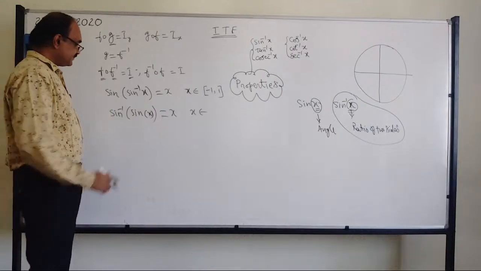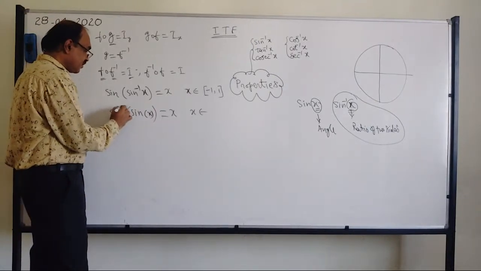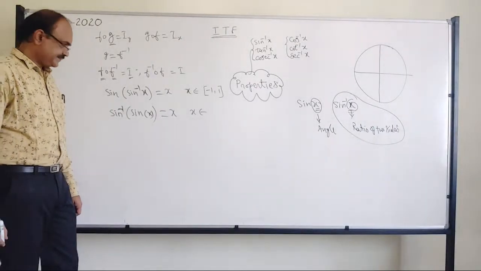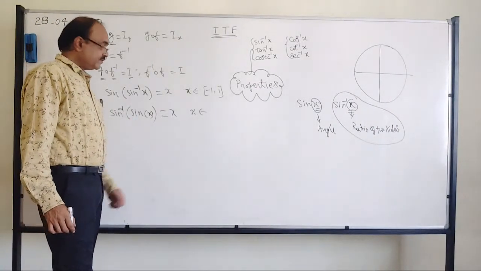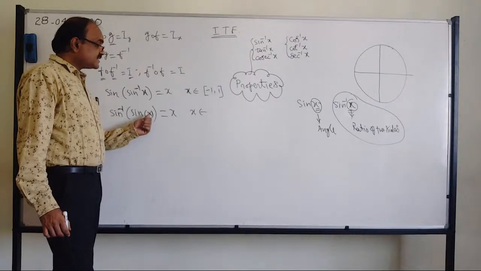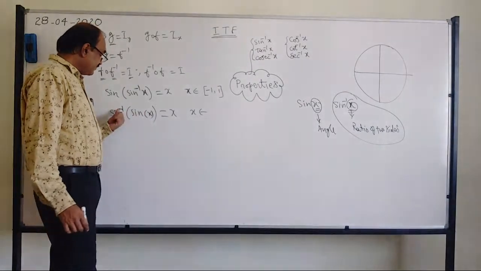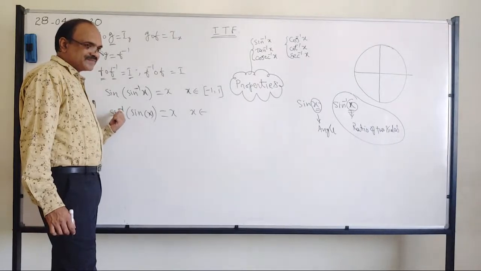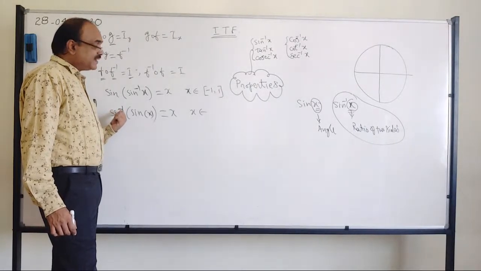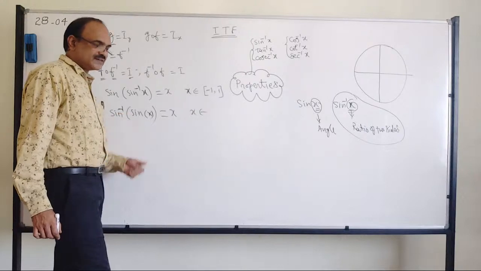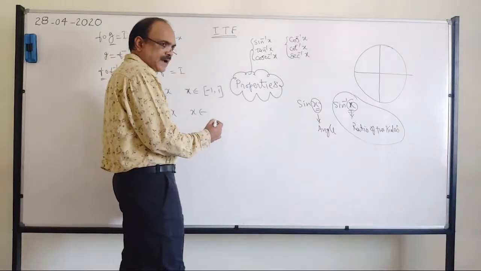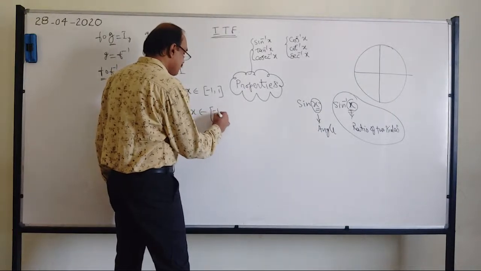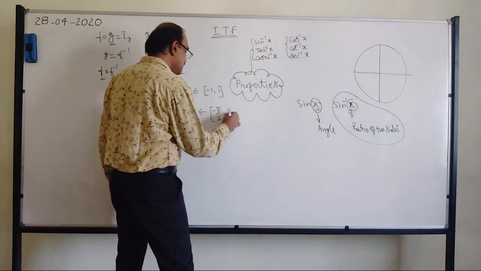Now, for this you tell. What is this? Sine inverse of sine x. What is this x? This x is an angle. So for the inverse function, what is its range? You should remember. You are putting a restriction on this, right? So what is that? Yeah, very good. Upendra Likit, very nice. x belongs to -π/2 to +π/2.